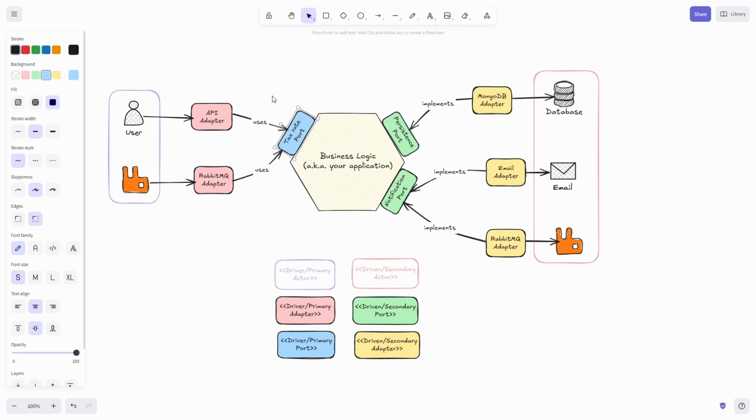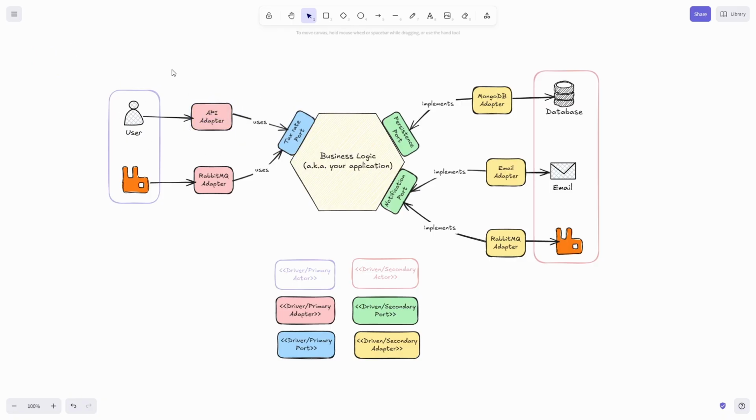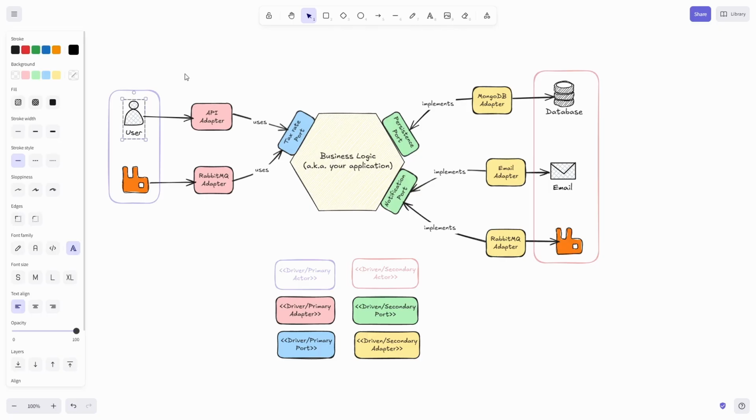But our use case does not accept a CSV file. It accepts a string array. So this adapter would take this input from the user and convert it to a language that our use case understands. Just as an example, this adapter acts as the middleman between actors and ports. They are coupled to a specific user or actor. In this case, it can be a controller or something that is bound to HTTP requests. So they take the information from actors and then translate it to a language that the use